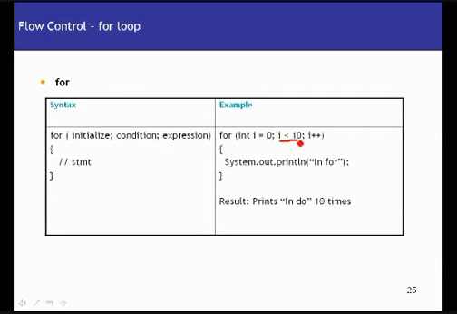Most of the time you can use either a while loop or the for loop, but the advantage I think you have with the for loop is you can put everything in one line itself, one statement itself, whereas in while you've got to keep track of things at multiple places, right? So that's it about the flow control.